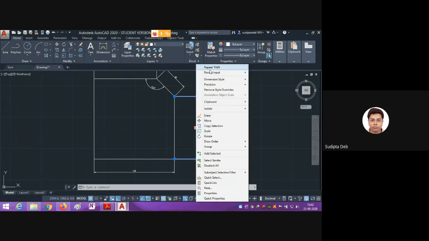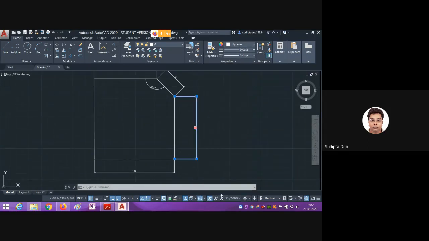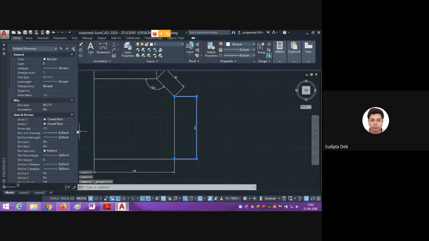Now you will get this window or this bar. So here one item is there, that is properties. Click on the properties. So in the properties, what you will get, first one is the color. You need not change this one. Then here you have lines and arrows.